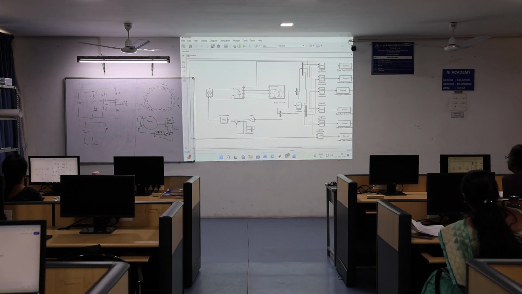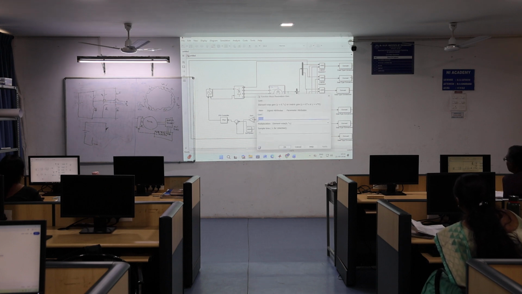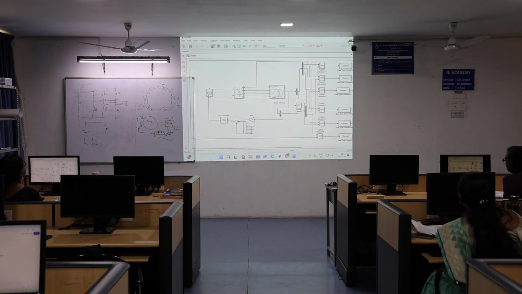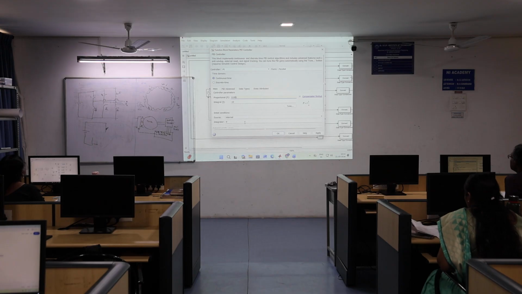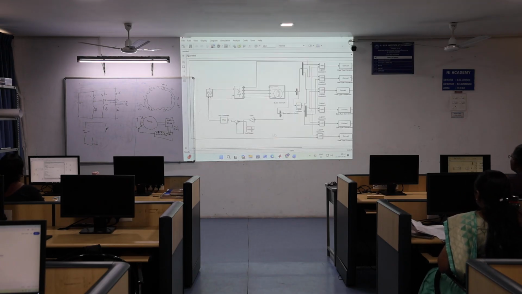So what I did is, I took the speed, converted the speed to RPM using 30 divided by pi, and it is compared with the reference speed. You will get the error. Error is given to the PI controller. In the PI controller, the proportional gain constant is 0.001. Integral is taken as 10, and it is given as the